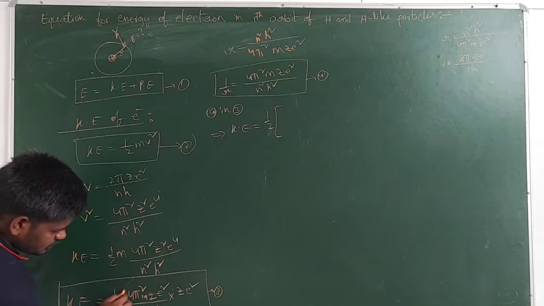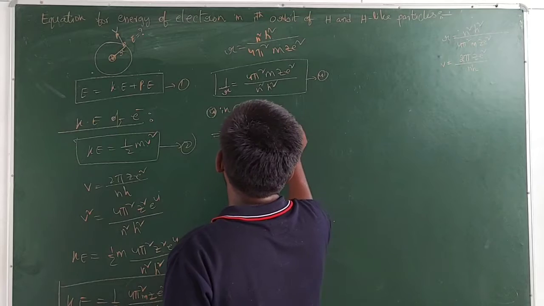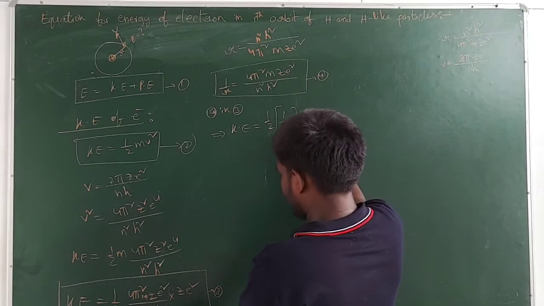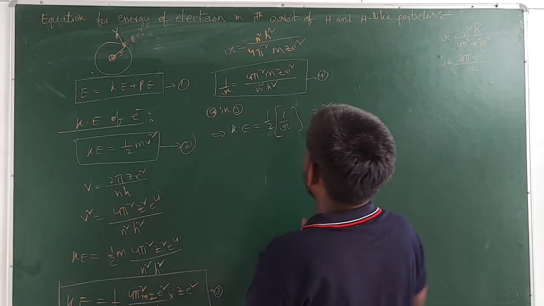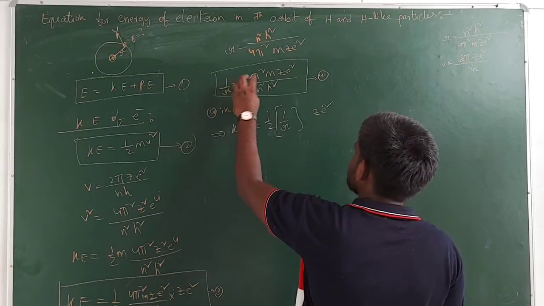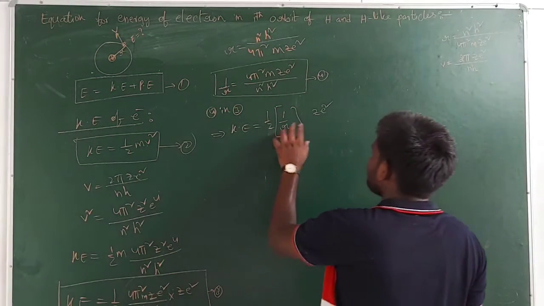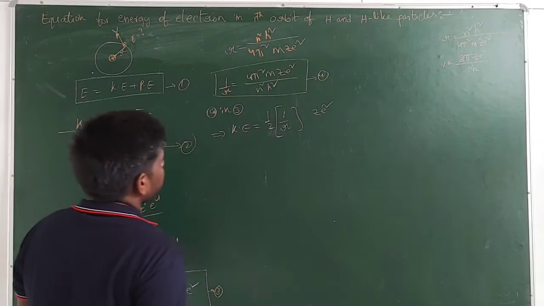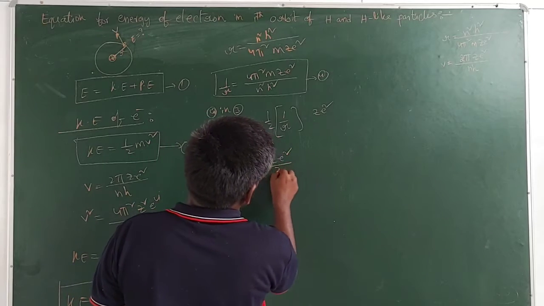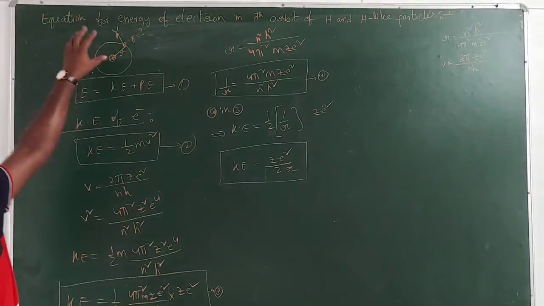So now you see guys, this one is equal to 1 by r. So you can take 1 by r, and rest of the things here you have ze square. Simply in this equation guys, I have substituted this one, which is equal to 1 by r. So instead of this I have written 1 by r. So now kinetic energy is equal to ze square by 2r. This is the kinetic energy of the electron present in this atom guys.